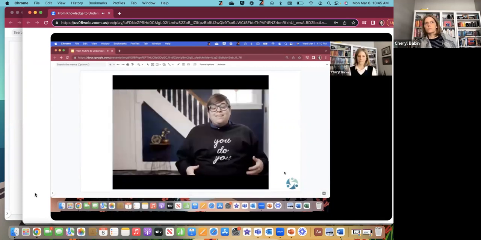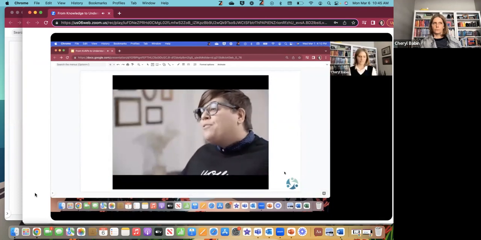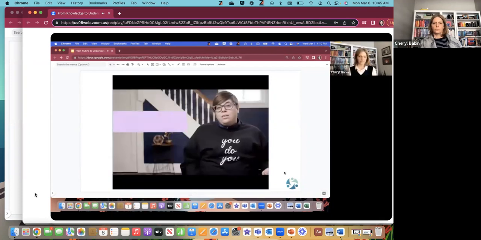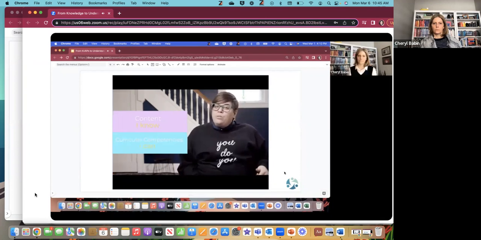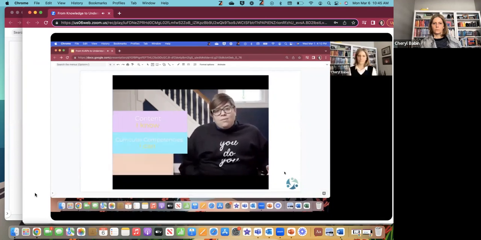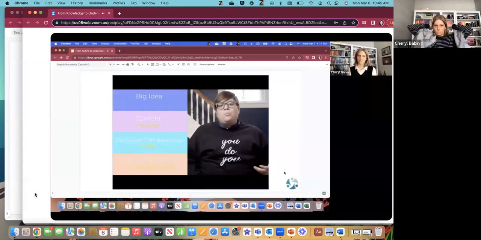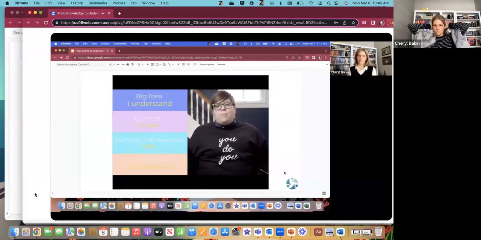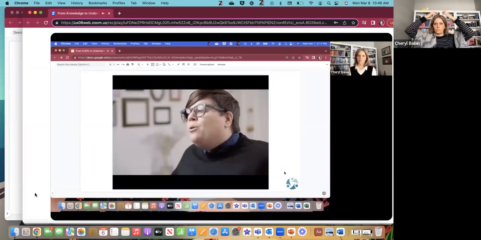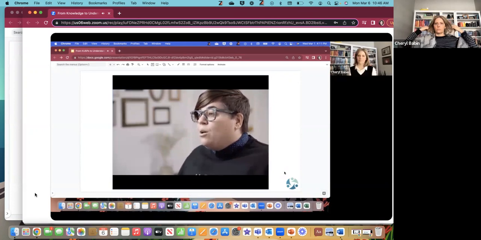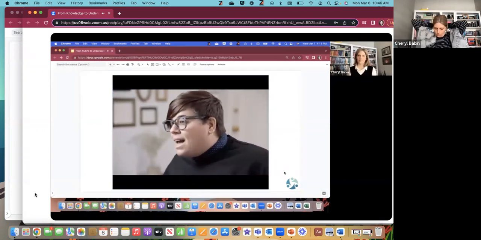These pages represent the different types of goals in the curriculum. In British Columbia, we have 3 kinds of goals. We have content goals. These are the goals about knowledge. We have curricular competency goals, and these are the goals about skills and processes. And we have core competency goals. And these are cross-curricular goals that support the development of the people that we need to become so that we can be contributing members of the world. All of these goals are organized around a big idea. And these are the things we need to understand.